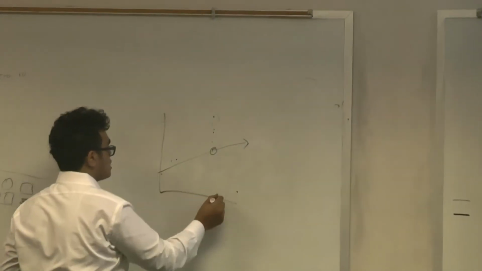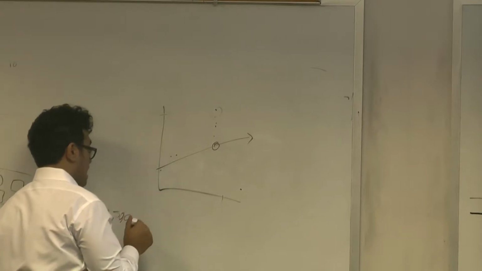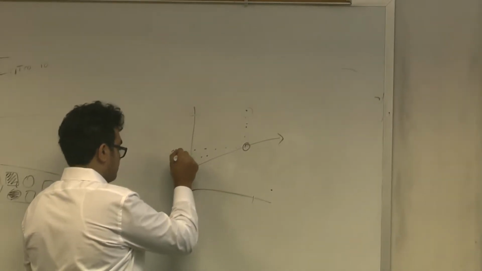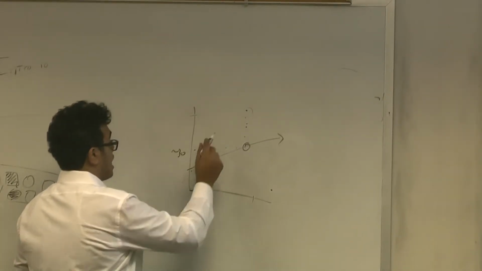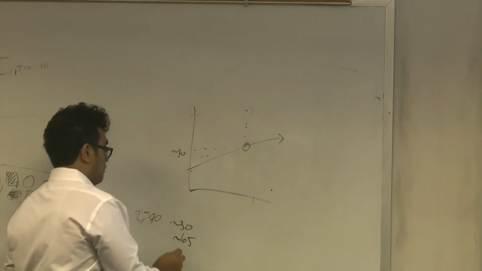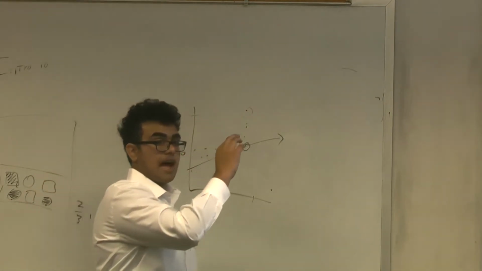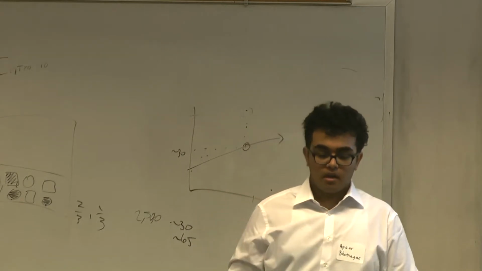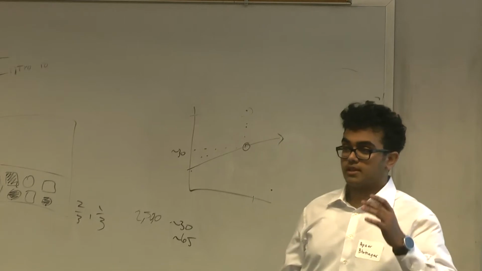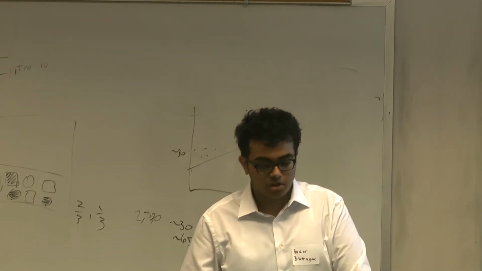So if the mass was 2,500, and the predicted diameter was, let's say, about 30, and the actual value is all the way up here, which was about 65, the regression for that would be 30, which is just the difference between the actual minus the predicted. And that goes back to linear regression. That's one statistics term that's used a lot, linear regression and isotopic regression and different types of regressions.